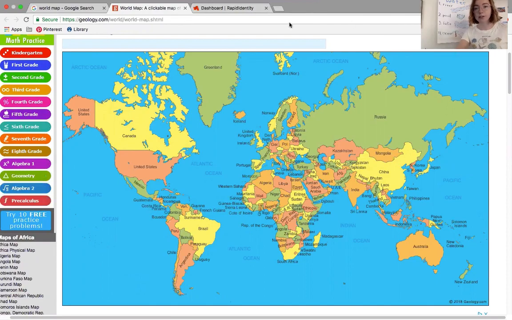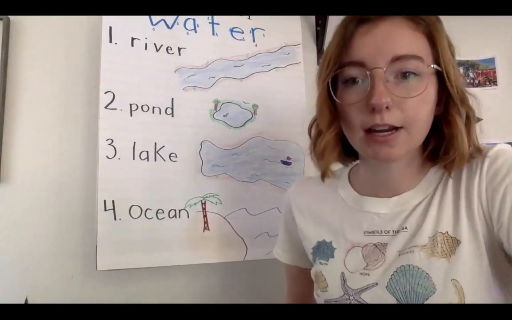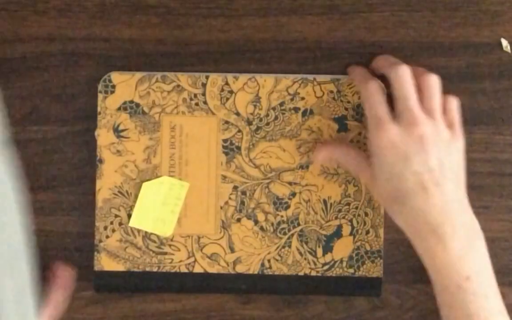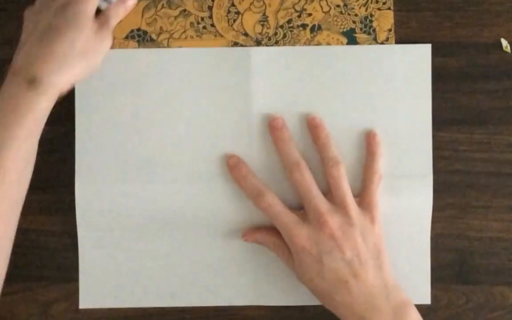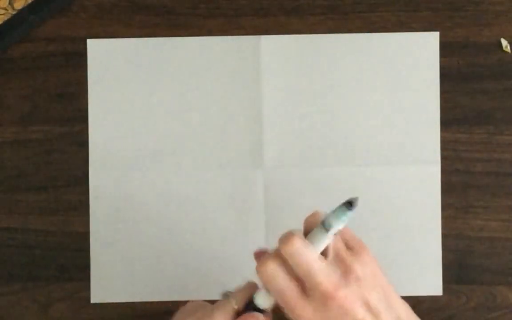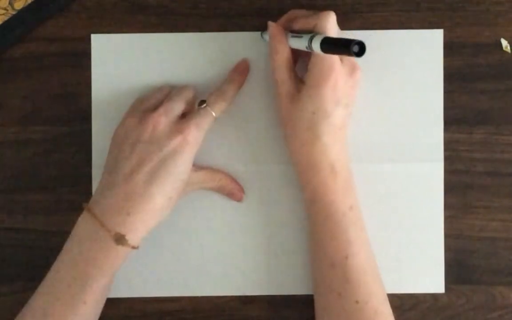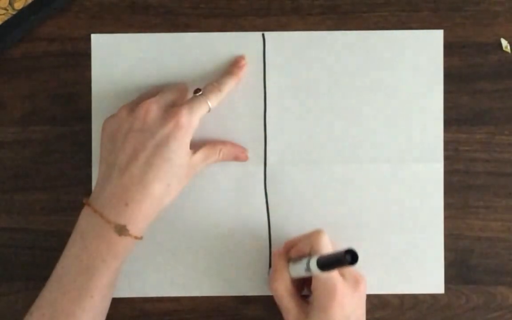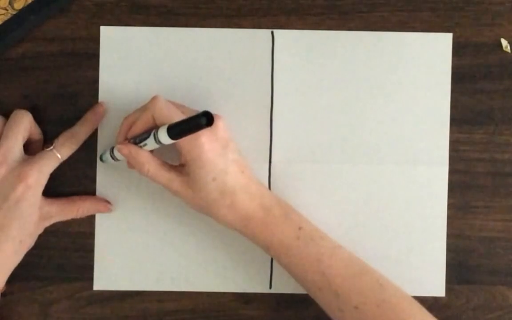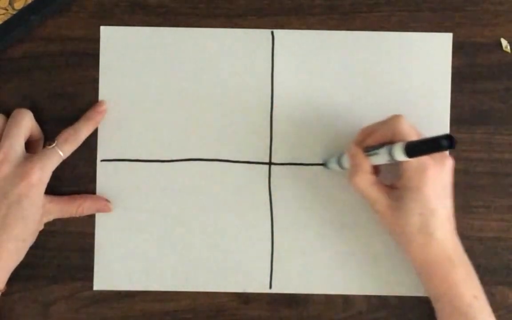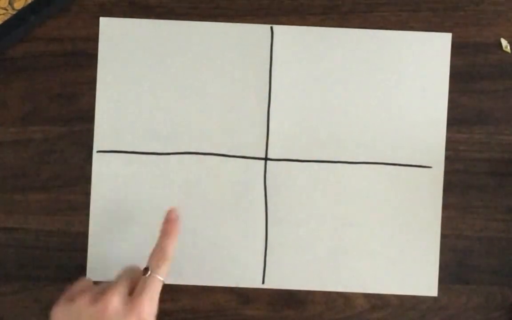The next thing we're going to do is illustrate and write about some bodies of water. Okay, for this activity, you are going to need paper or a journal, and you're going to need a pencil and some colors. So if you have a piece of paper, you're going to draw a straight line in the middle down, and the same thing from the middle of the side over, so that you can have 4 different sections of